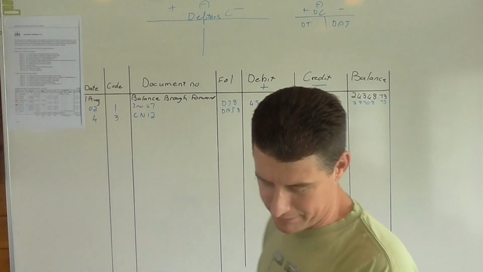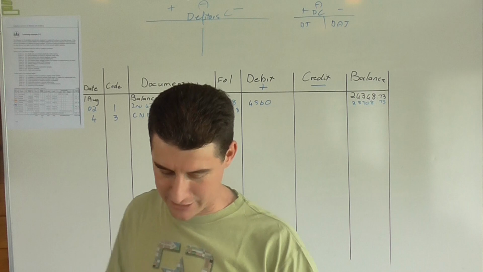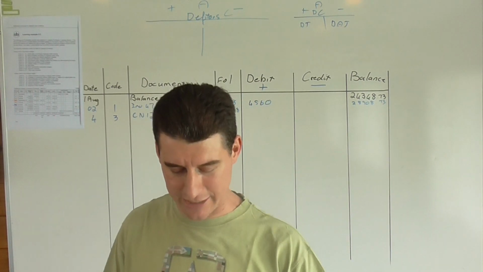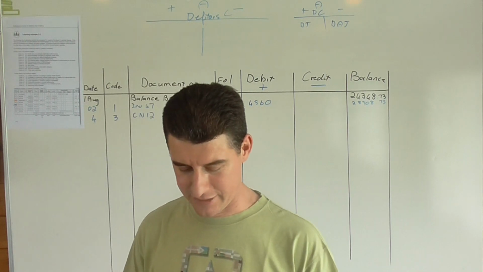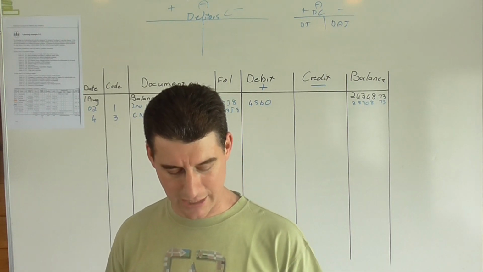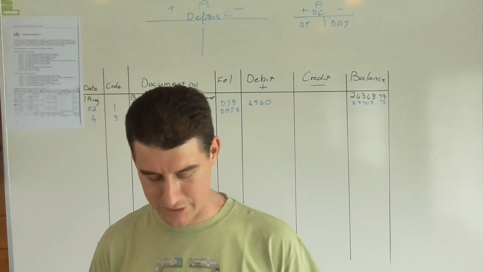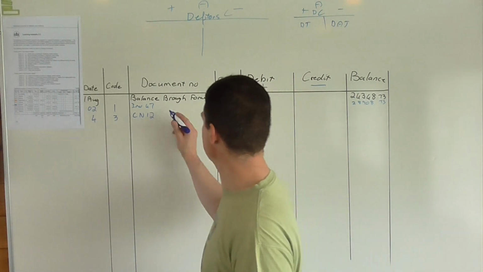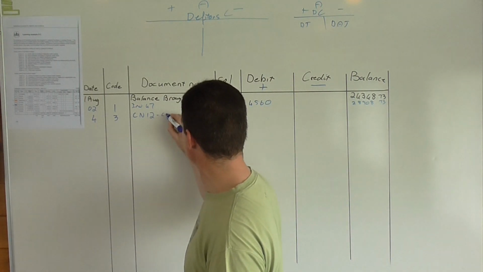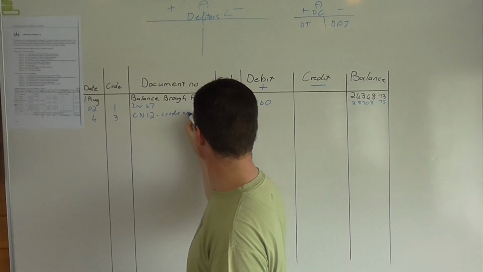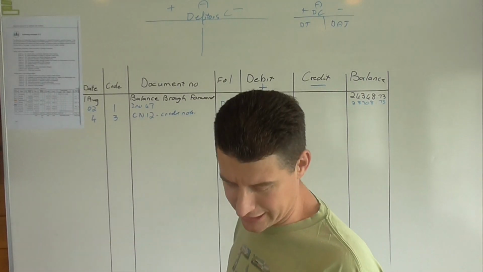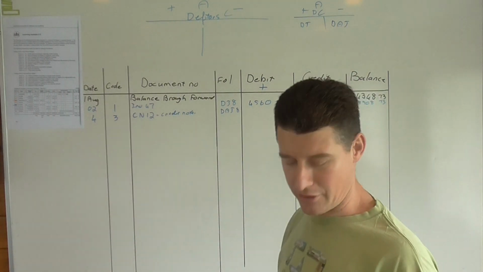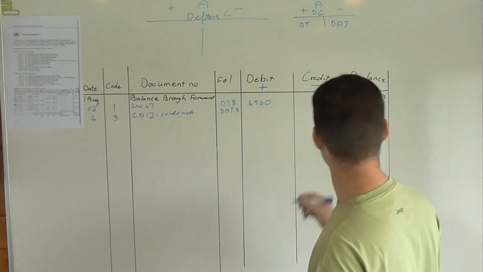1,140. So your debtors decrease, I'm just going to read it again. Solomon returns goods purchased on the 2nd and credit note CN12 totaling 1,140 including VAT was issued to him. Just want to check something. Yeah, don't just write CN12, do write credit note CN12. Sorry about that. Okay, so in other words, your debtors are decreasing. It decreases on the credit side, and then the total is